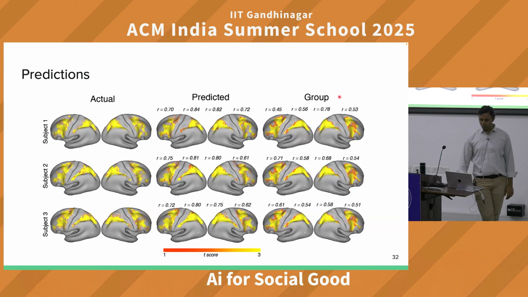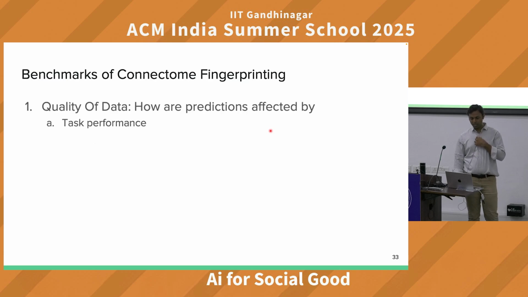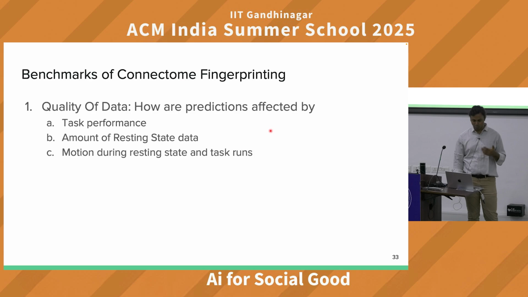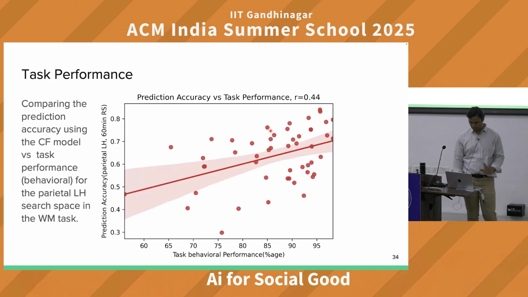And then as compared to group, कि तुमने कह दिया कि अरे सबका यहाँ पे activity होता है, our predictions are much better, individual specific. ग्रुप में क्या किया कि मैंने ये बोल दिया कि सबका ब्रेन ऐसे एक्टिवेट हो रहा है, तो उससे much better है our model, where we actually train this for this particular like set, like this using connectome fingerprinting. आपने एक मॉडल लिया, उसको ट्रेन किया. ठीक है. Then we benchmark it. तो we wanted to understand how it is affected by amount of data, motion, different learning methods, and maybe skip some parts of it.